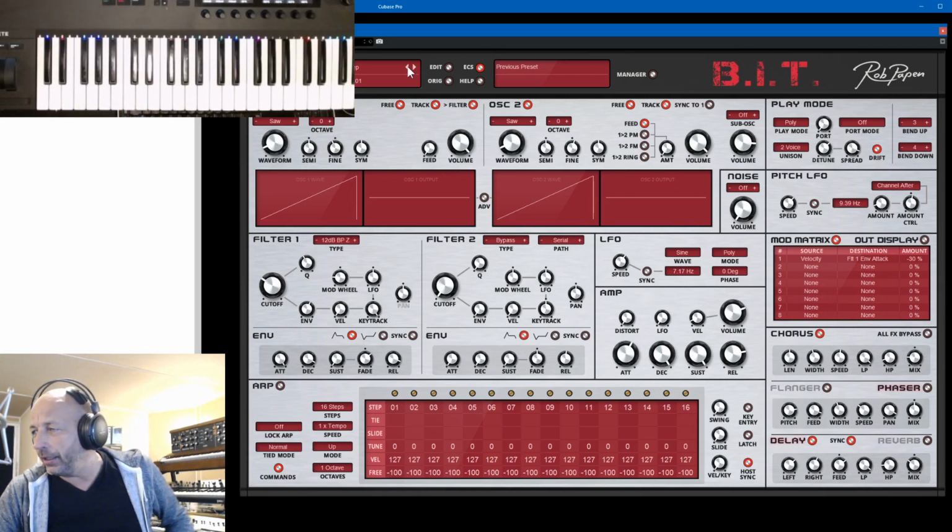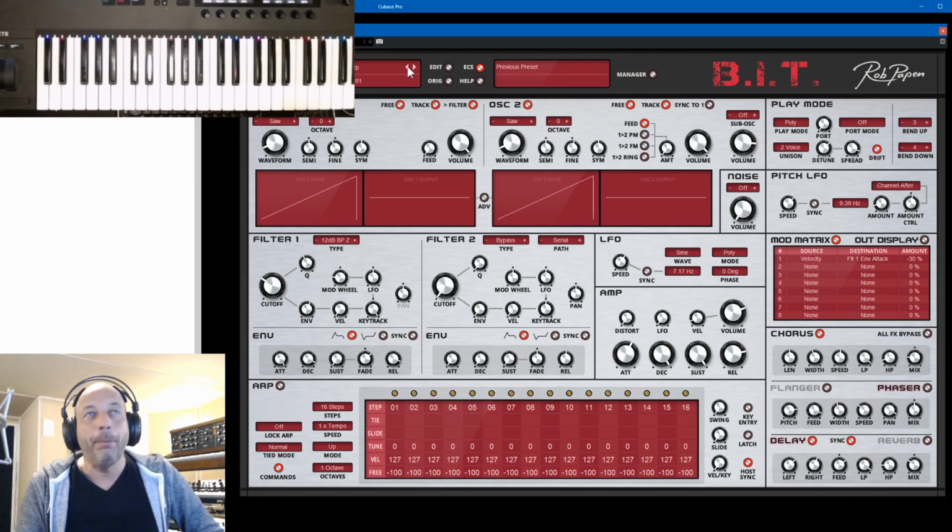Okay, I'm checking the chat room. Yeah, the new presets from B.I.T. These are not out yet. That's going to be next week, when we're going to release this new version with the new filter types, and of course we updated Punch 2